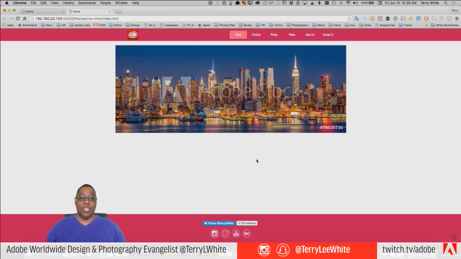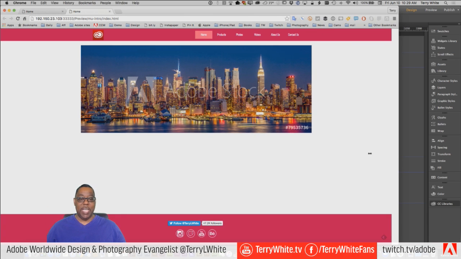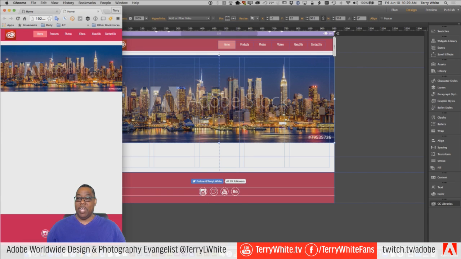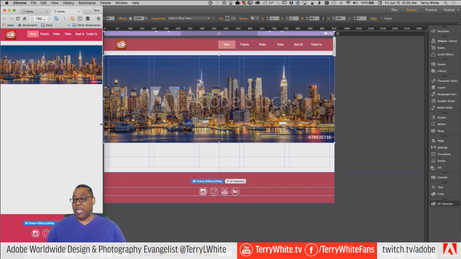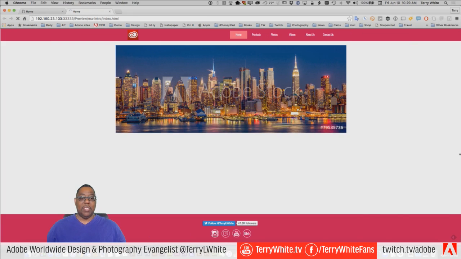But sometimes you may want an image that's just like these red rectangles or whatever color they are. You may want one that's the width of the browser window. And you see that a lot in web design now. You see a lot of what are called hero images, the images that are as big as the browser window, or at least the width. And the way we did it was we just dragged it to the edge of the page and said, okay, be responsive to the edge of the page. And when the page gets smaller, automatically drop down in size.